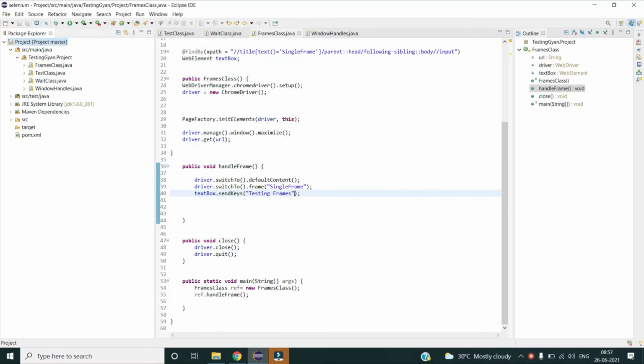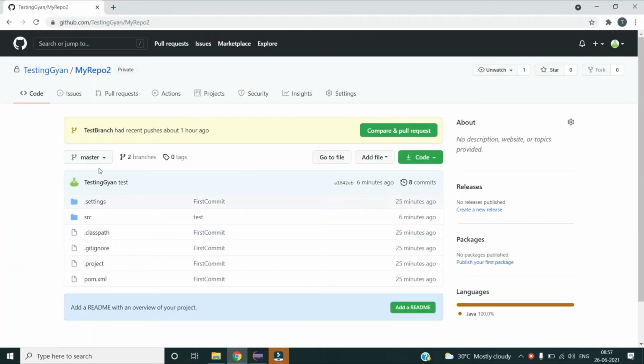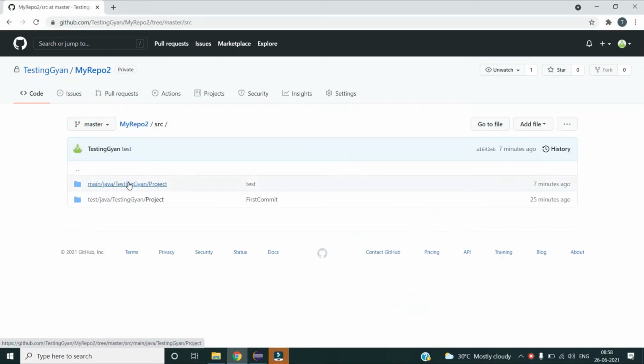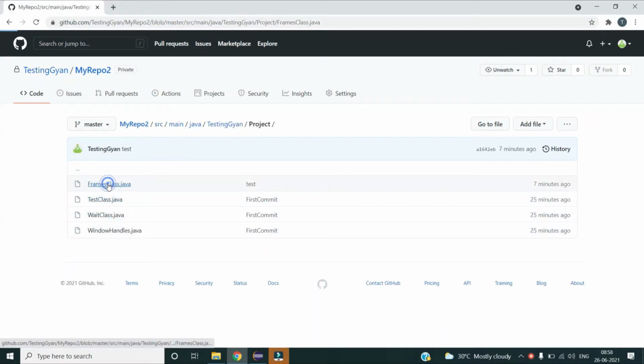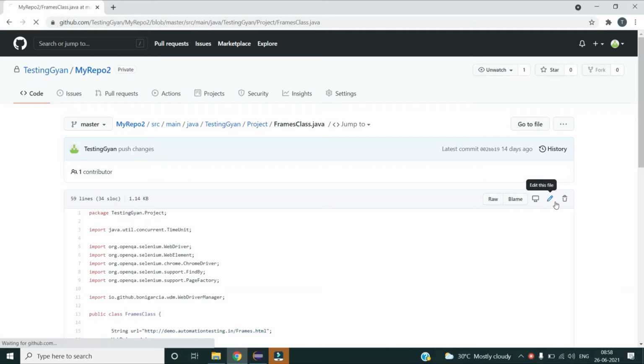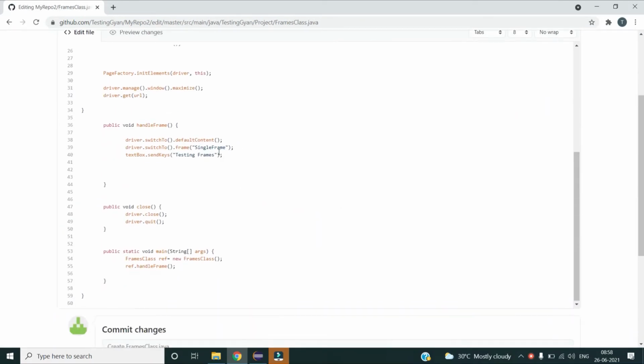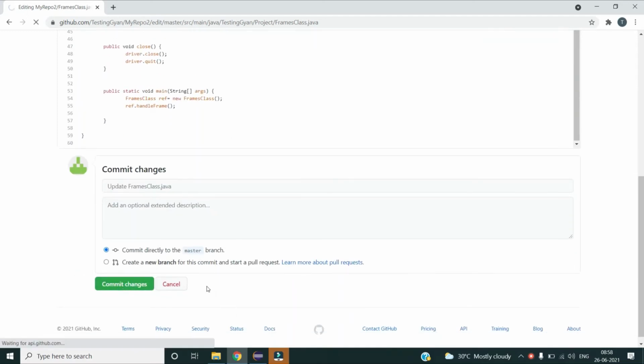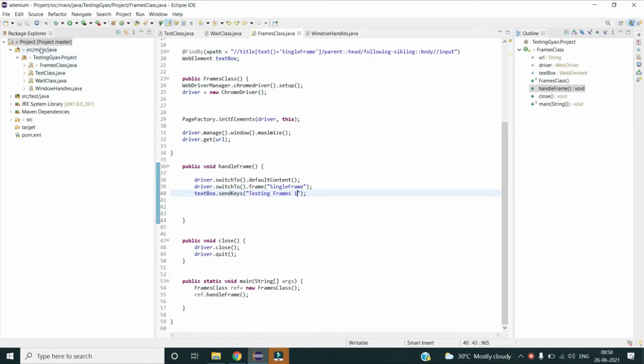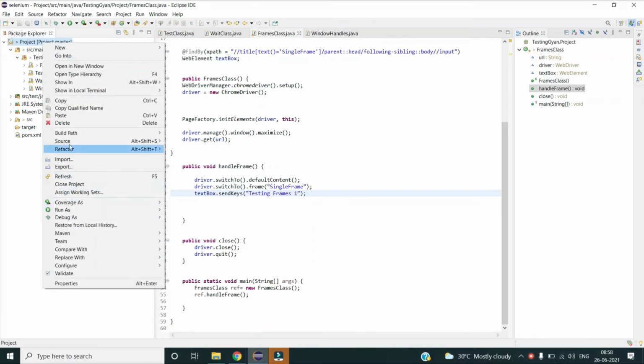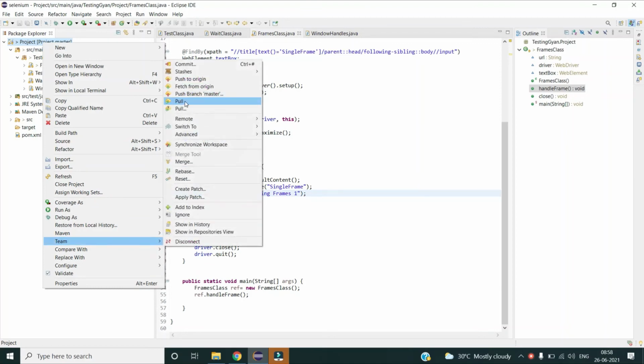Now let us first create a conflict. I will repeat the same scenario, where I have made some change in my local system, and at the same time one of my colleagues made changes in their local system and then pushed their changes to the remote repo. In order to replicate that scenario, I will simply make the change in the remote repo directly. So I will open the same class file here, then go to edit, and just do the edit, and commit my changes. Now if I try to do any pull or push operation, I will see a conflict. It will give me some error. So let me try pull again.